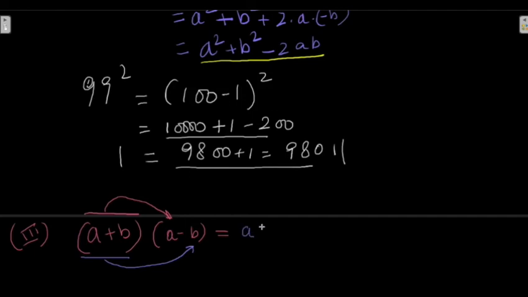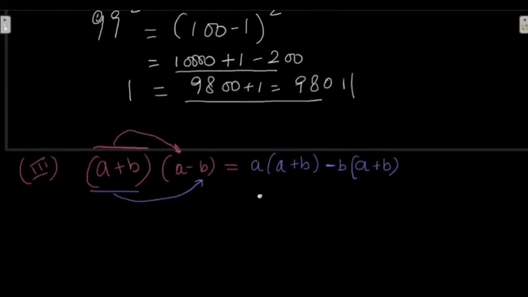The first term, a, gets multiplied by whatever we have in the bracket as a whole, and then the second term, minus b, gets multiplied by the entire value in the bracket. So, reapplying the distributive property on this,